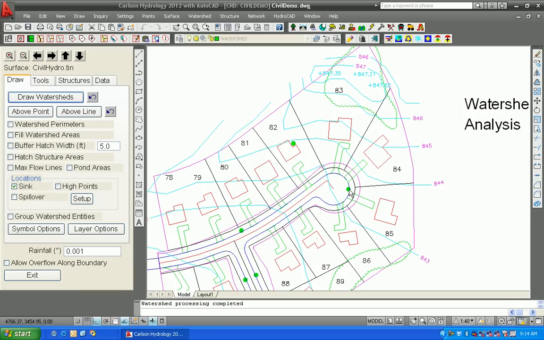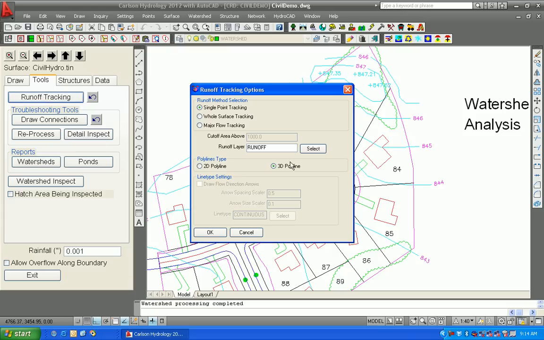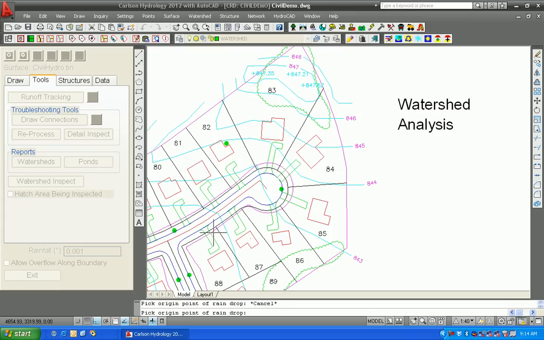accurate calculation of the drainage into those inlets. Now, there are many other applications of this command. If you go to the Tools tab, there's runoff tracking. And in this command, you can click on any part of the site and watch the runoff path into the selected low points. So for example, if I click on lot 82 right here, the water finds its way into this low point to the left, and if I click